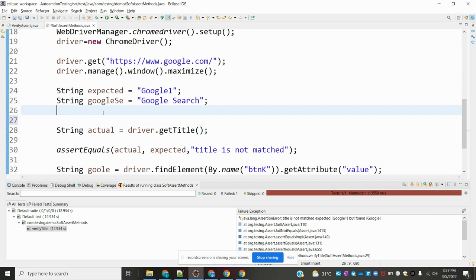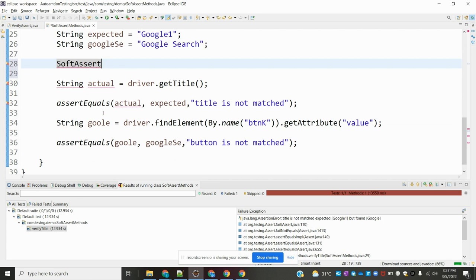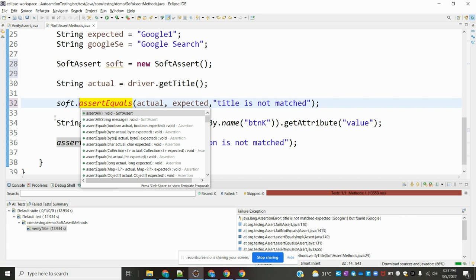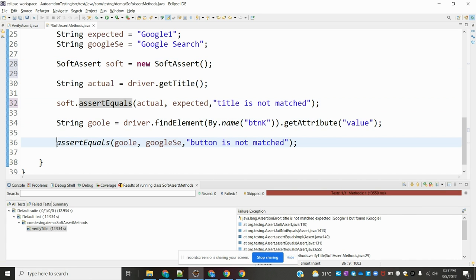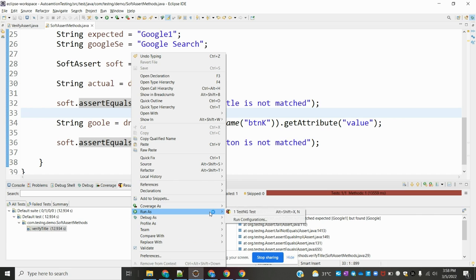Now I'm going to create a soft assert here, and I'm going to provide soft equal to new SoftAssert. Okay. And then this object I'm going to use here as soft dot equals, and here also I'm providing soft dot equals. Okay. And now if I'm running this particular method, then it will execute,